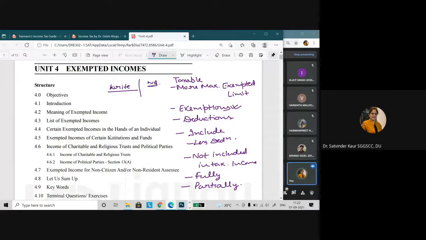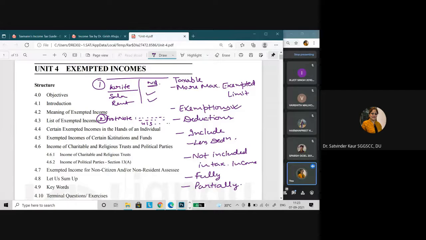So one is that whenever you are making the proforma of the income, certain income is taxable, certain is not taxable. So if some exempted income comes, you just write the name of the income and write the word nil. Another way is that you don't want to write it in between while solving the problem. So the exempted income is mentioned in the footnote, that this amount from this particular source is exempt under section this, so not included in the taxable income. So either way you can mention or cover this particular income.